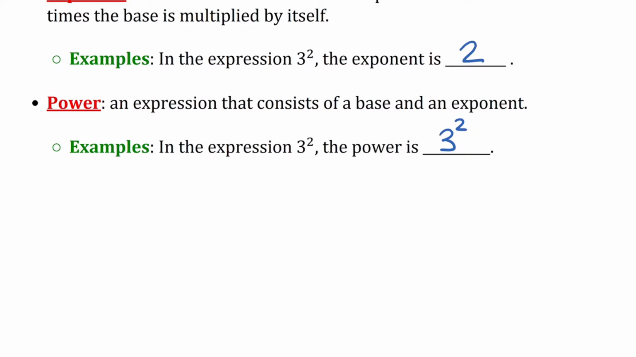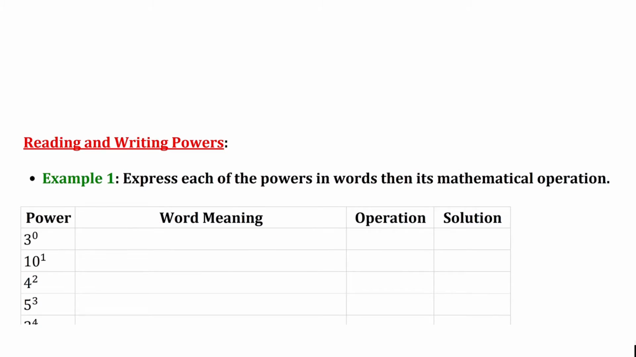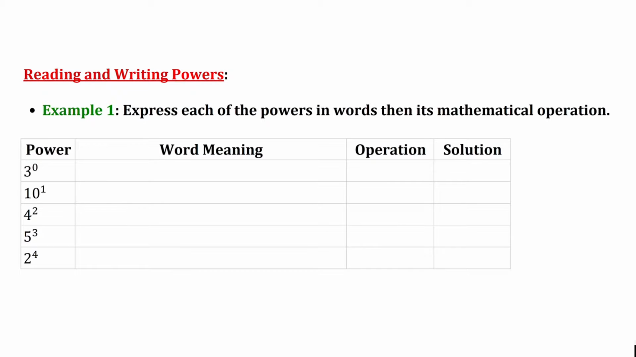Okay, let's go over some examples of how we apply this. It's important to be able to read and write using powers. So what do these powers mean? In this example, it asks us to express each of the powers in words, then its mathematical operation, and we're also going to provide a solution. This first power is 3 to the 0 power. So the word meaning is